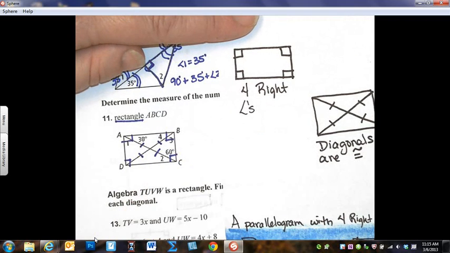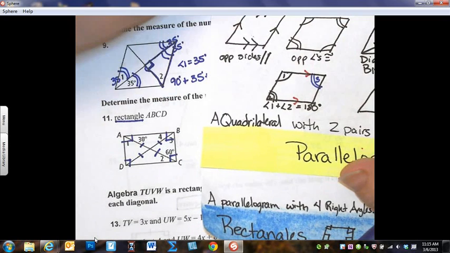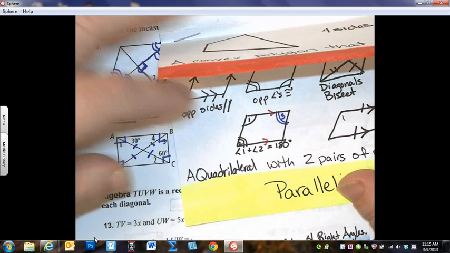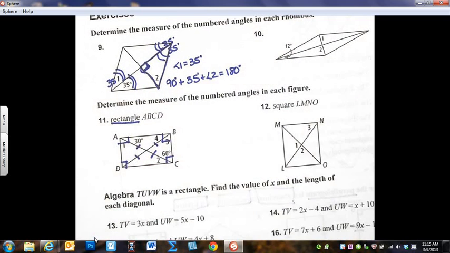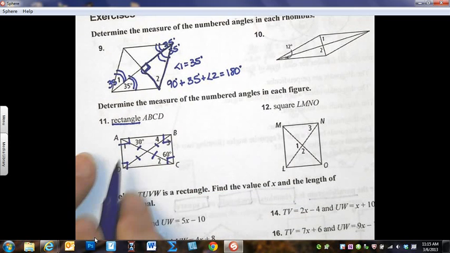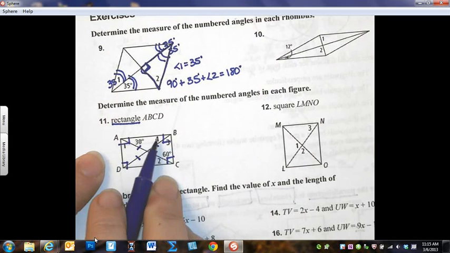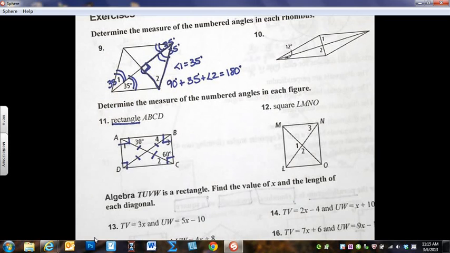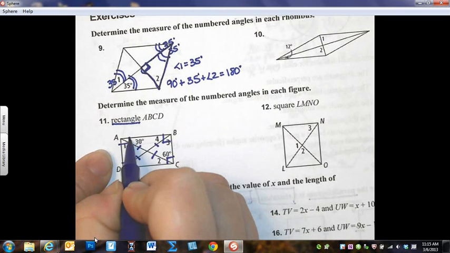If you really want to practice this, you could then go to your parallelogram tab and put all of those markings on as well. I'm not going to require you to do that, but I think that helps you think about the problem. Well, now let's look at what they want us to know. They want us to tell them what the measure of angle 1 is, the measure of angle 2, measure of angle 3, and the measure of angle 4. Well, angle 1, if this much of this 90 degree is 30, what does it mean that has